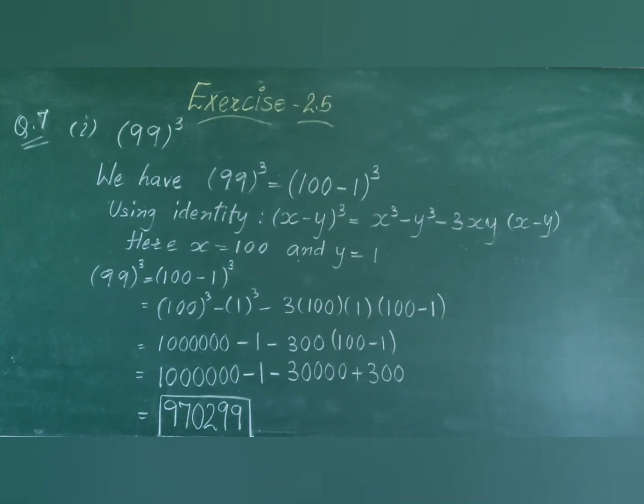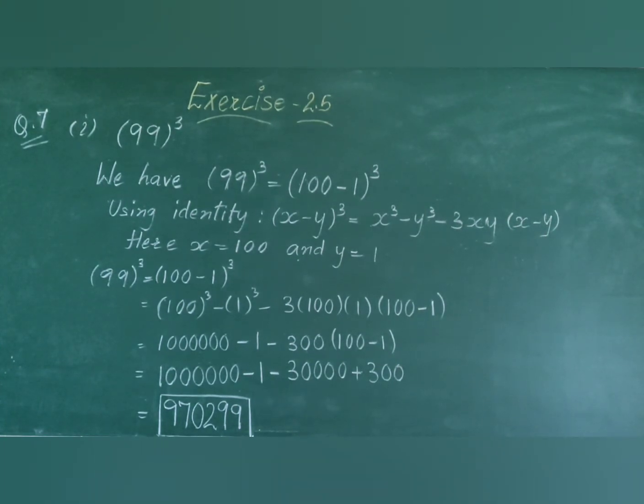Now next question, that is question number 7. Evaluate the following using suitable identities. Now again, you have to find the value of the given numbers. Evaluate means you have to find the final answer of the given polynomial number. Now you can see that all the questions are given based on cube identity only. So here also we will apply the cube identities only.